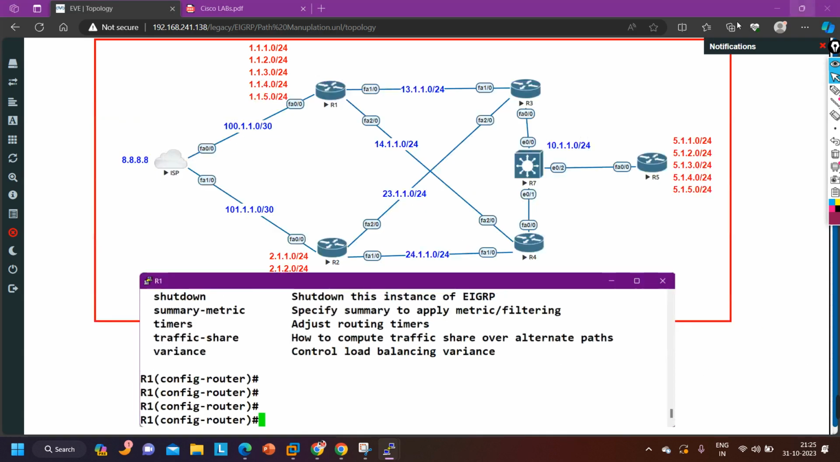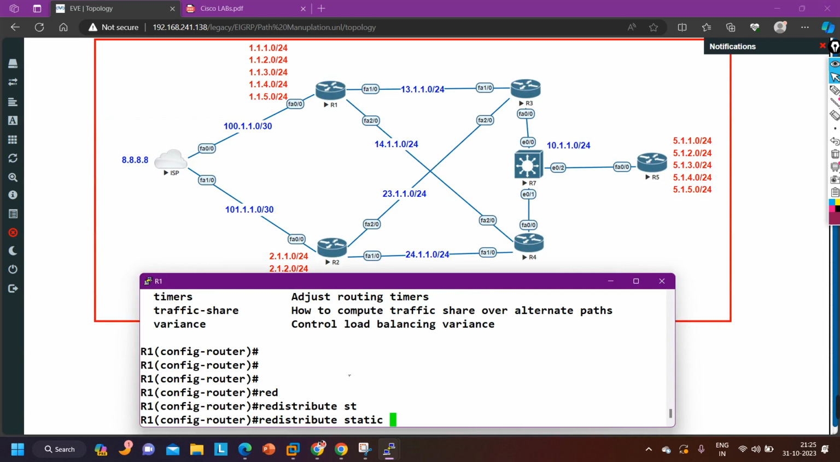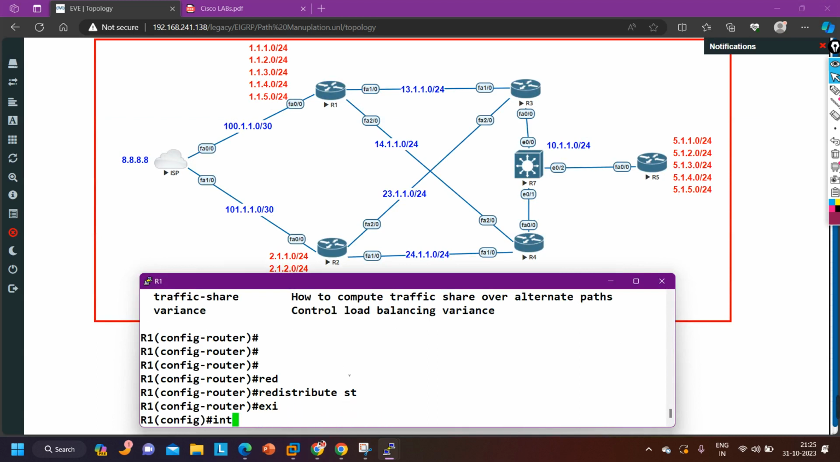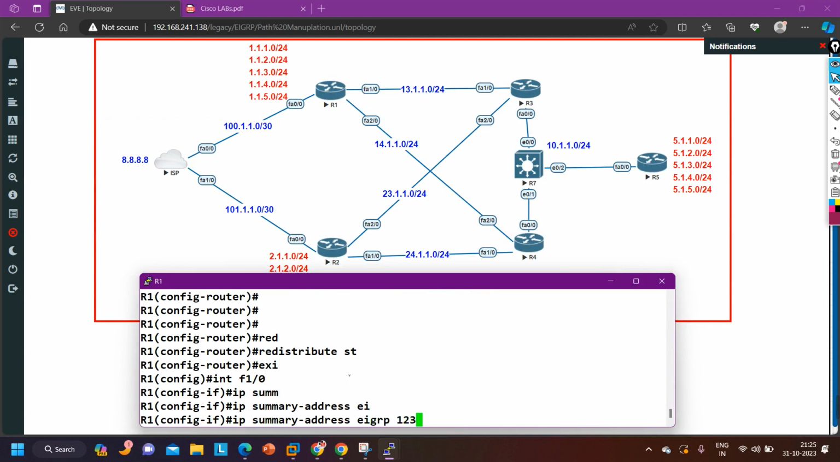Okay, one command we can use is redistribute static. This is the first option. The second option is we can advertise from the interface, FastEthernet 1/0. Here we can run the command ip summary-address eigrp 123 0.0.0.0 0.0.0.0, right? It will advertise the default route from this interface. This is the second option. The third option is